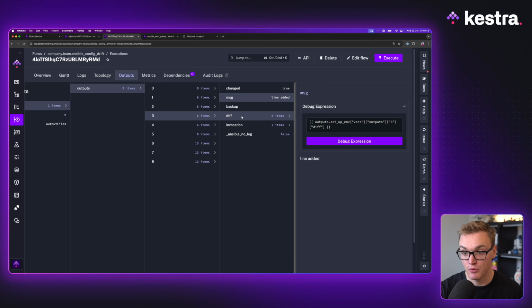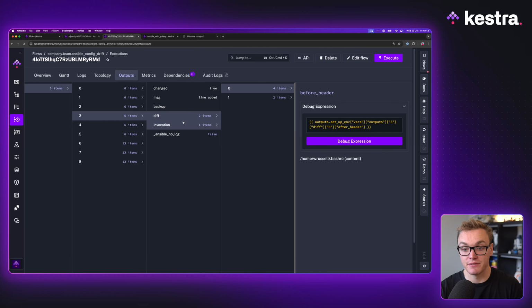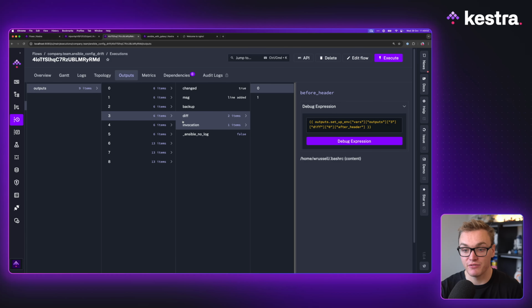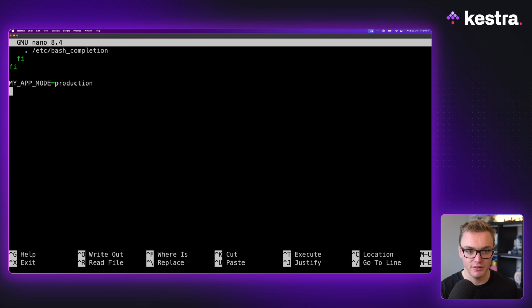We can see the message. We can also see what the diff was. So we can see what it's changed. We can see that stuff's happened here, and if we want to, we can go in and find that out. Now I've SSH'd into one of these servers, and what I'm going to do is